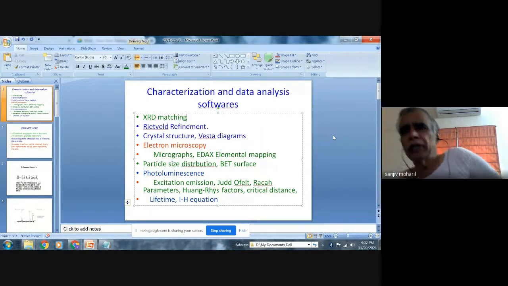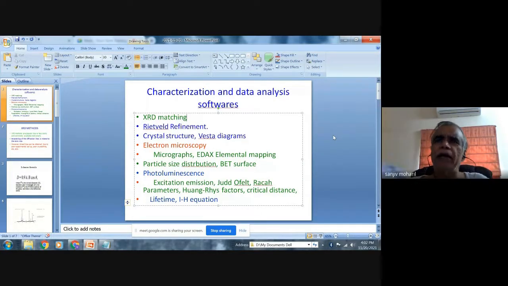With good instruments, there are built-in programs, so that once the XRD pattern is obtained, there is a huge database available, either online or stored on the computer, and the program will match. It will search among the available files and show the best match for your pattern.